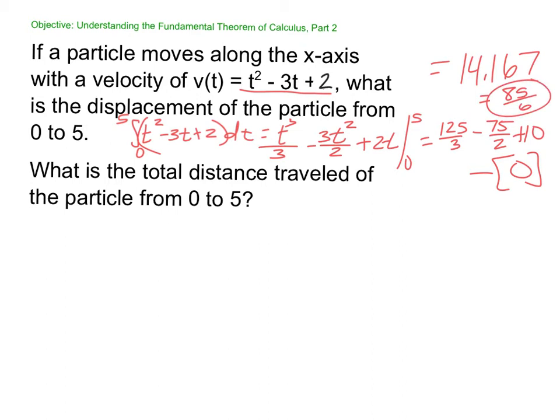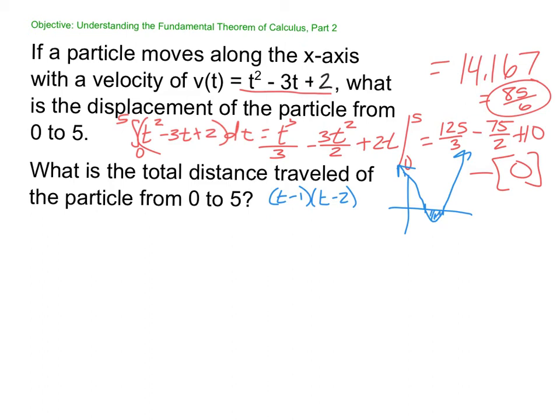Okay, now, total distance traveled, we have to take into consideration where this thing went negative. If we graph that, it's a parabola, right? What are the zeros? If we factor this, we get t minus 1 and t minus 2. So this thing is under the x-axis